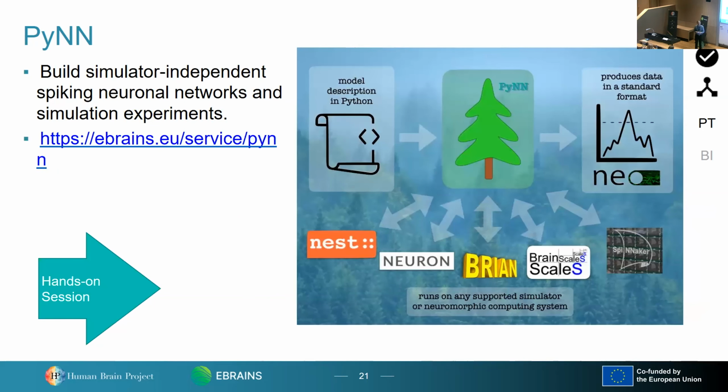A tool called PyNN, which is from my lab, which lets you build simulator-independent spiking neural networks. They run on different simulators with the same code. There's a hands-on session on PyNN later on this afternoon.